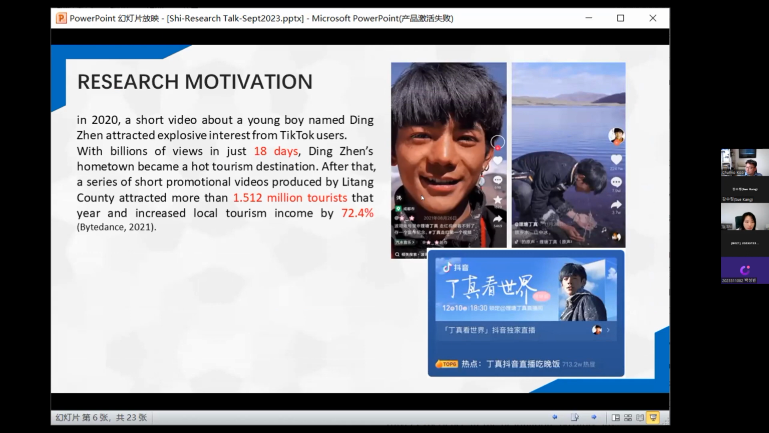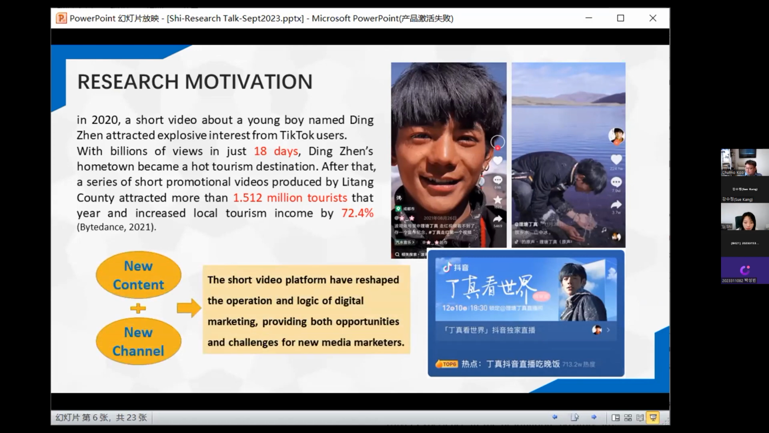After that, Litang County continued to produce a series of promotional short videos on the TikTok platform, and they attracted more than 1.5 million tourists that year and increased the local tourism income by almost 70%. So we can see that the popular design of short videos can bring huge benefits for destination marketing. But